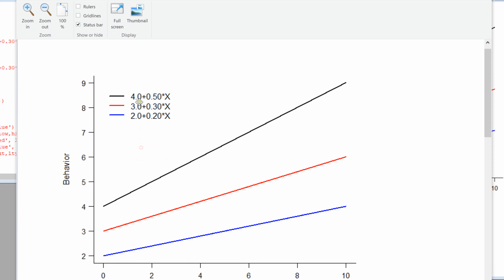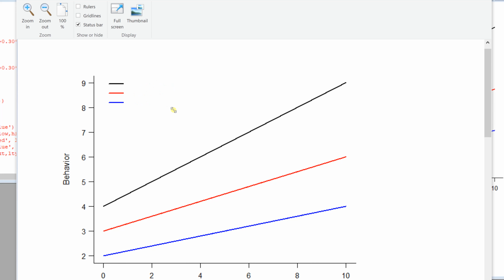I might put it up here at the top, or I can put it over on this side or whatever. And let's suppose I want to use labels of Asian, black, and white instead of the equations themselves. Then what I could do is I could select these and hit